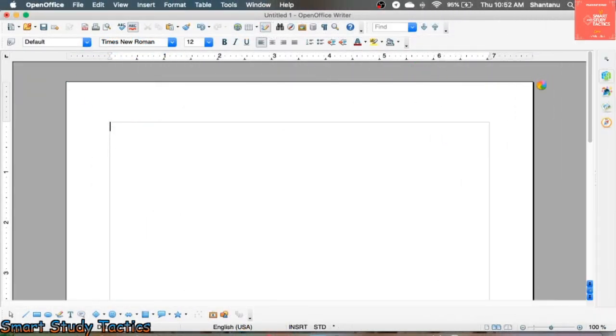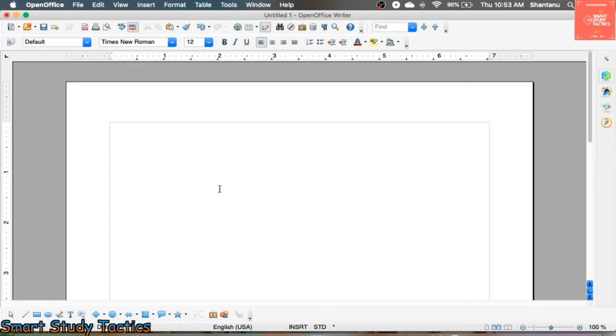OpenOffice window, this is my OpenOffice window. So you can see here, this is available. Now you can see this is the ruler, this is also a ruler. So we have horizontal and vertical rulers. This is the status bar. When I switch it up and down, or you can scroll your mouse up and down, the scroll button, the page will go up and down. So this is the scroll bar. And similarly we have a status bar. Just now I have created only one page, so that's showing, and this is a zoom area. So understand, these are the things.